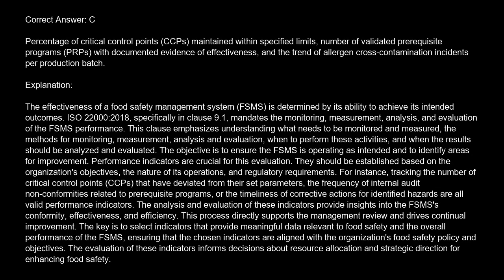The correct answer is C. Percentage of critical control points, CCP, maintained within specified limits, number of validated prerequisite programs, PRP, with documented evidence of effectiveness, and the trend of allergen cross-contamination incidents per production batch. Explanation: the effectiveness of a food safety management system, FSMS, is determined by its ability to achieve its intended outcomes. ISO 22000:2018, specifically in Clause 9.1,